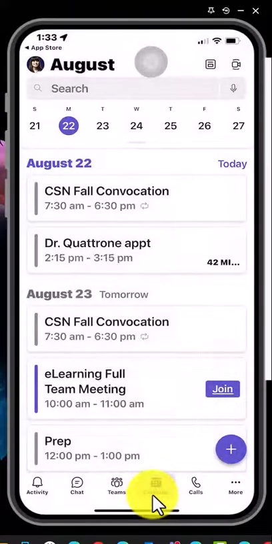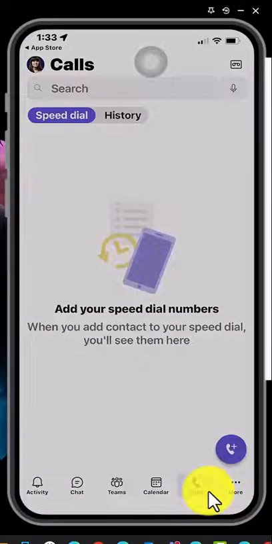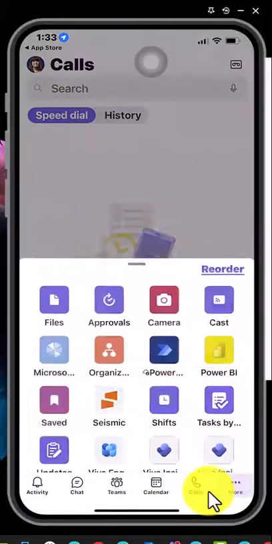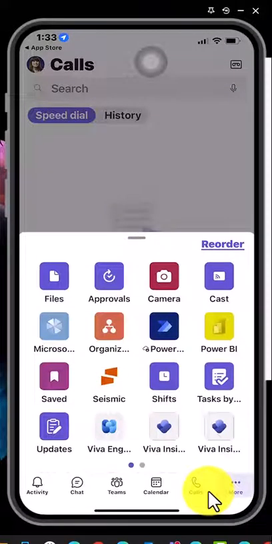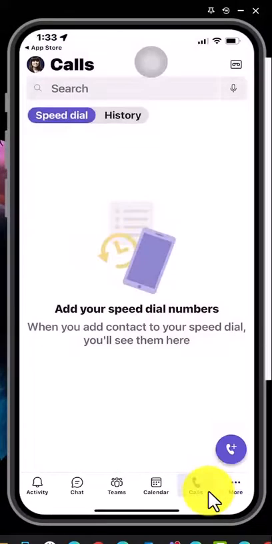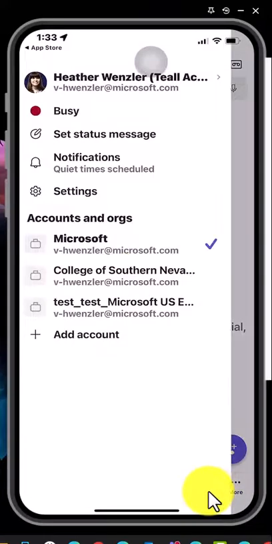I'm going to allow Bluetooth. I can also add from my mobile app here. I can use voice calling. And if I click on more, I have other apps that my organization has allowed. So I'm going to add a different